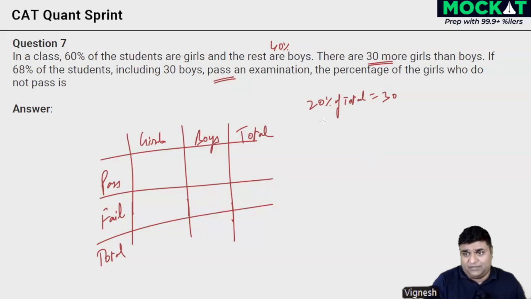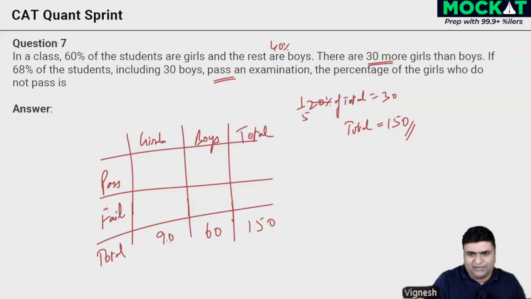So 20% is nothing but 1/5, right? You take that 5 and throw it there, and you get 150. So 150 is the total. 40%, that is 2/5 of this, is going to be 60 over here. Girls is going to be 30 more, 90. Everything works out properly, right? The 60%. Okay. Now that we're done with that, if 68% of the students, including 30 boys, pass an exam,